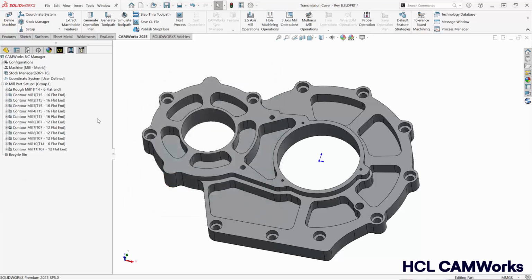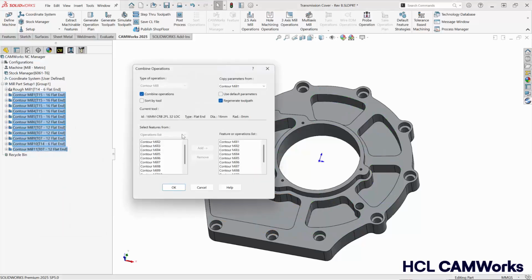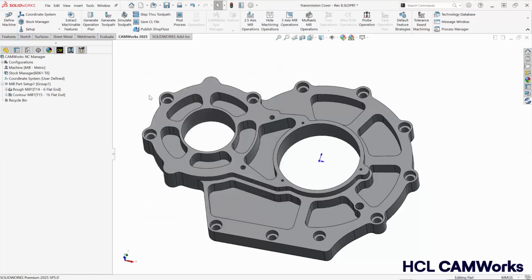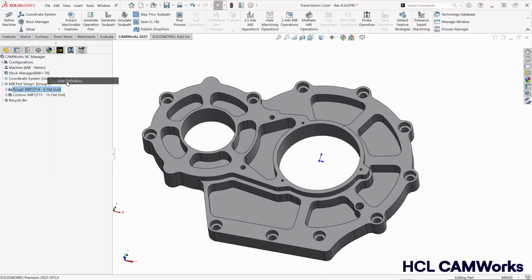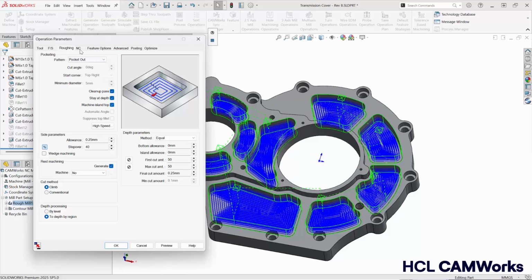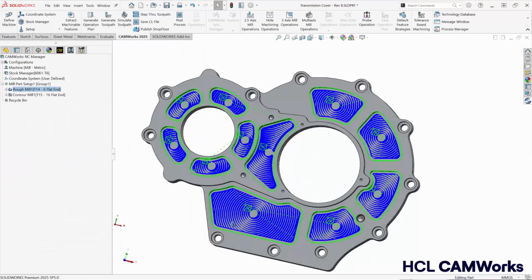We'll hit OK, and then we're going to do the same thing for our contour mills. Leaving it on contour mill 1. I am now complete combining all my operations. So let's go ahead and make some changes. I'm going to go ahead and change this to something that will stand out. We'll use our spiral out, and then I hit OK, and we could see that all of the toolpaths changed